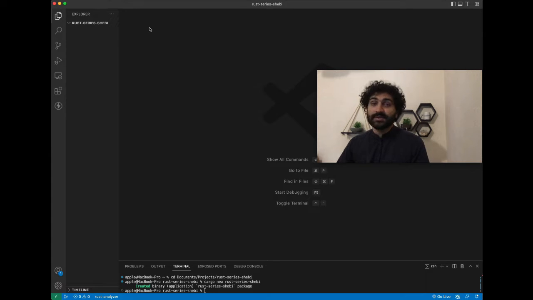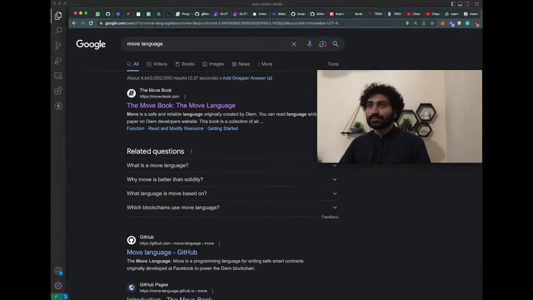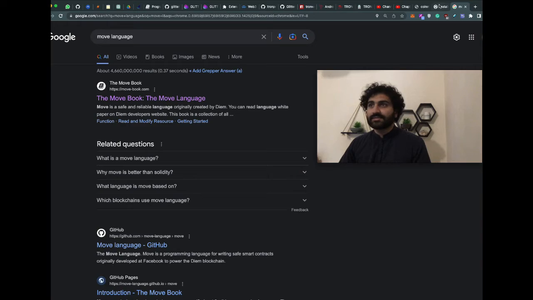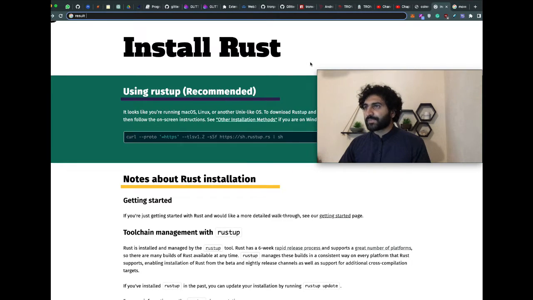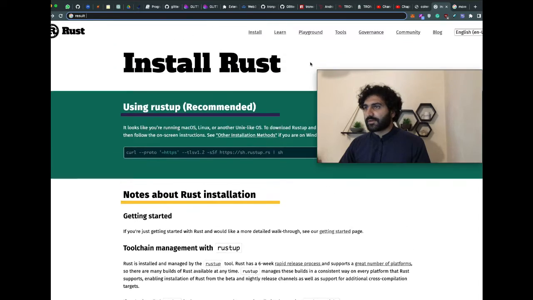I will also put the commands in the description, so you can copy and run them, and Rust will be up for macOS. But for Windows there is a slightly different mechanism, so let me show you. What you have to do is visit this URL here. Let me refresh the page, and you can see this URL,